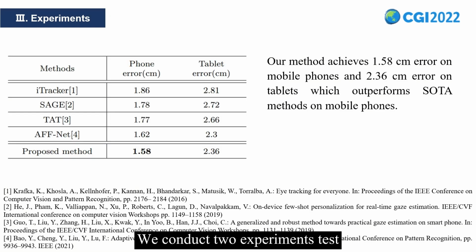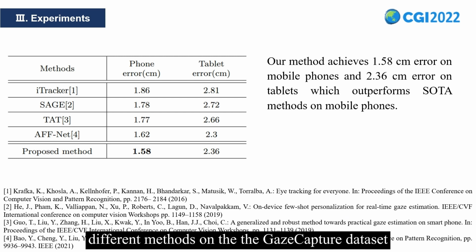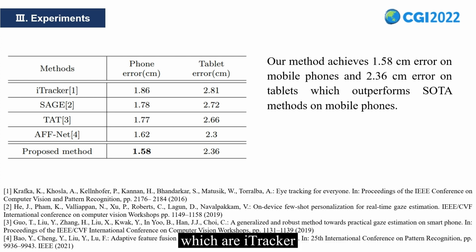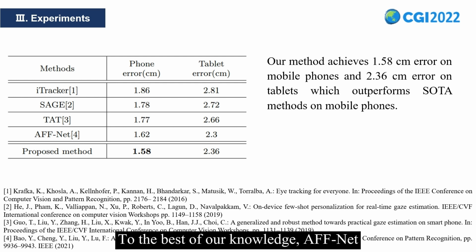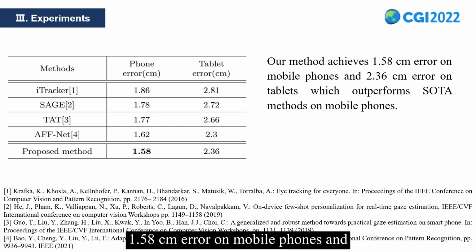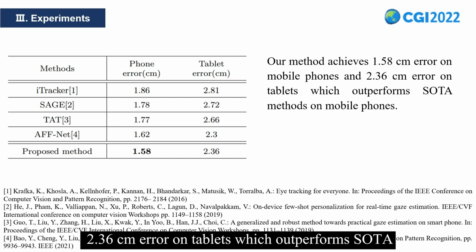We conduct two experiments to test different methods on the GazeCapture dataset. We choose four methods for comparison on GazeCapture, which are iTracker, SAGE, TAT, and AFFNet. The results are shown in the table. To the best of our knowledge, AFFNet shows the best performance on GazeCapture. Our proposed method achieves 1.58 cm error on mobile phones and 2.36 cm error on tablets, which outperforms the methods